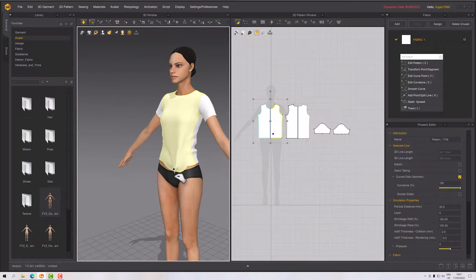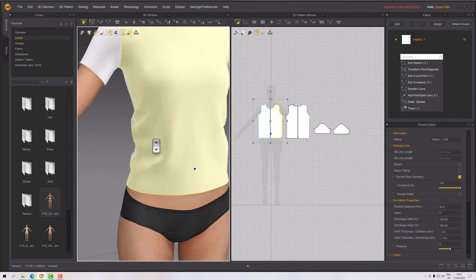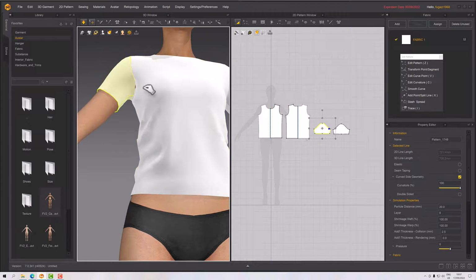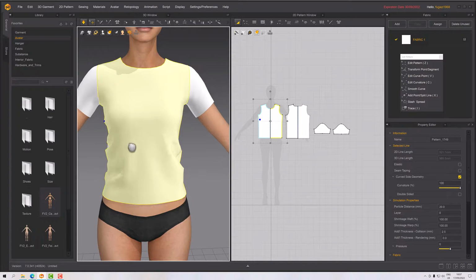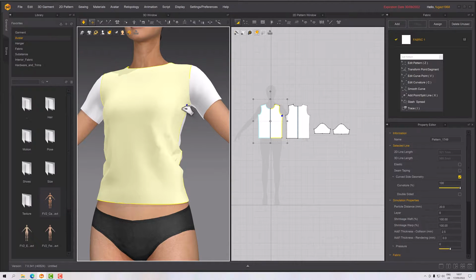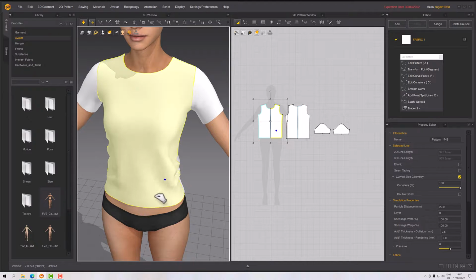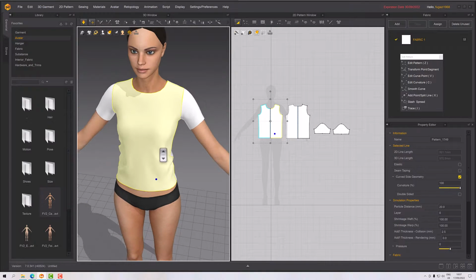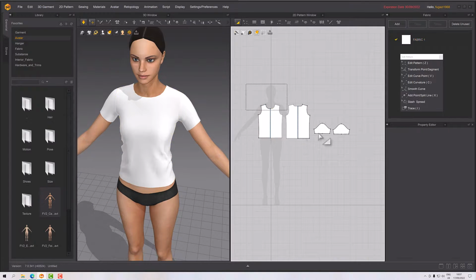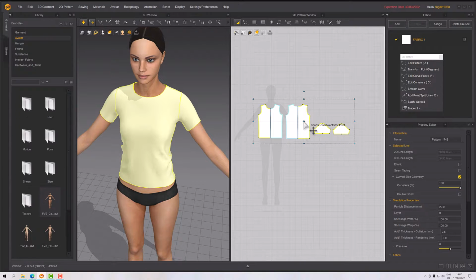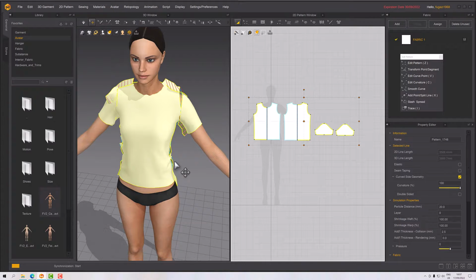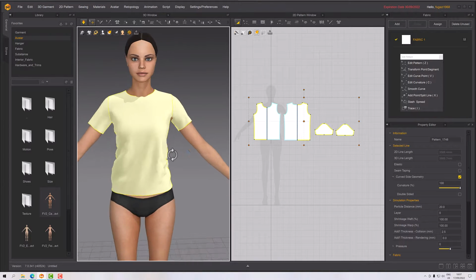Now you might find that this isn't quite fitting as well, and that's just then a question of updating the pattern to fit. If the size is way too big, you can do the rescaling that we did earlier, which is just selecting them, double clicking on the middle and then making it a little smaller or a little bigger. But sometimes what you want to do is maintain your